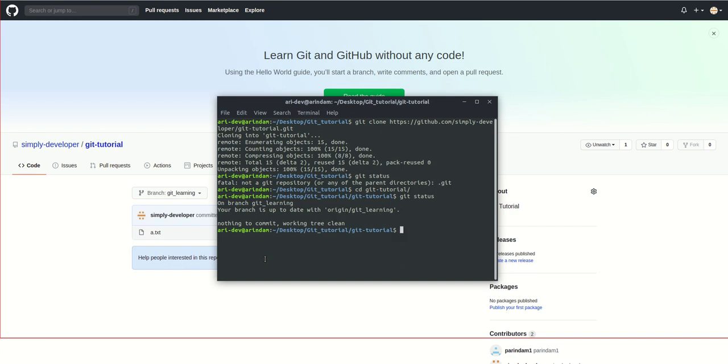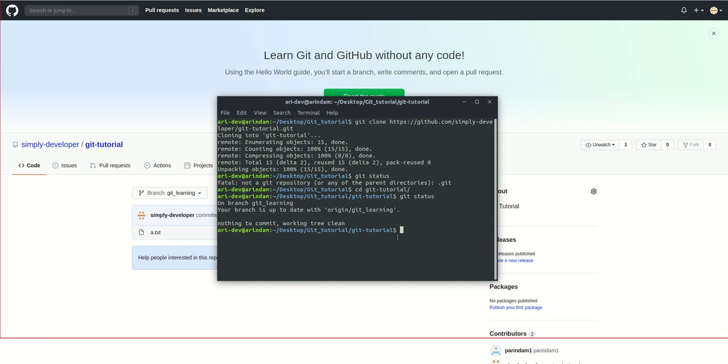Hello everyone. So today basically we are working on hard reset, soft reset and merge. So these three things we will learn today. First we go with hard reset. What is hard reset? Hard reset is for when you push something by mistake and now you want to go back to your previous commit. How do you go back? That is only possible with hard reset.